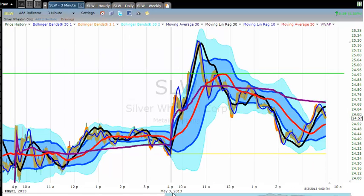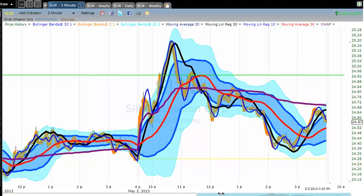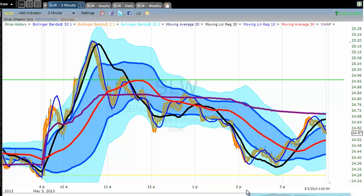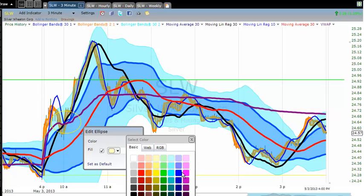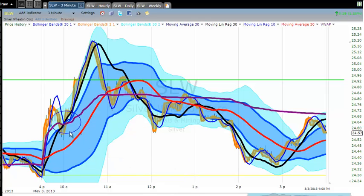On the 3-minute basis, let's dial this in a little bit more. And this is our lazy W formation here, and I really like this inside that circle. Inside that circle what we had was a gap up, initial move up, pull back to the edge of the river, and now the regression line crossover occurs. The 30 leaves the river. The VWAP acts as support, and then you get a really nice run from 24.5 to 25.20. So that's a 70-cent move,